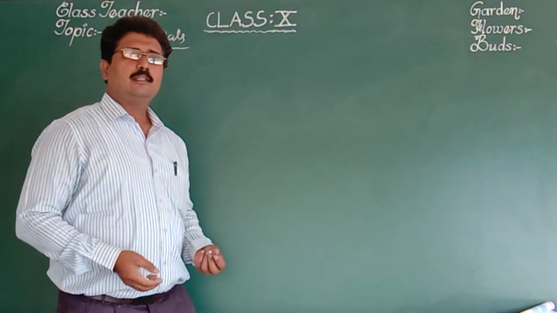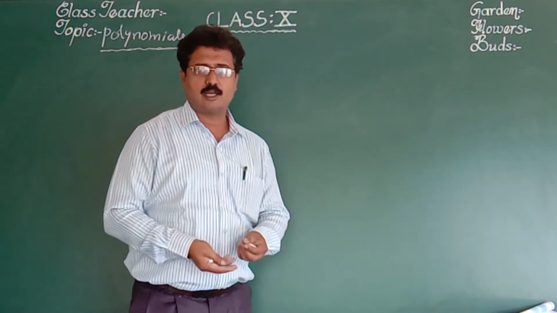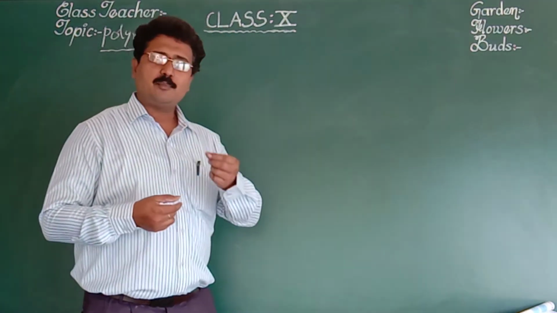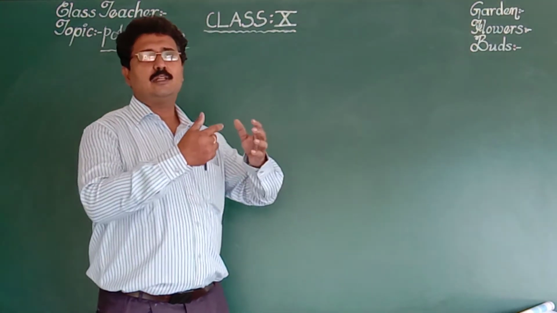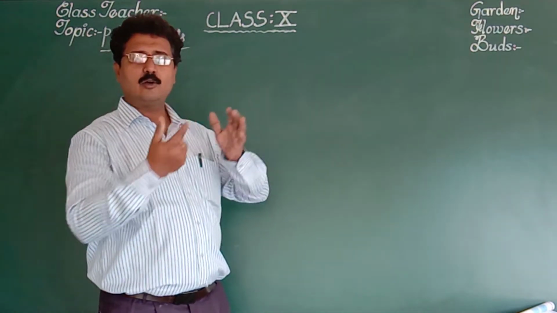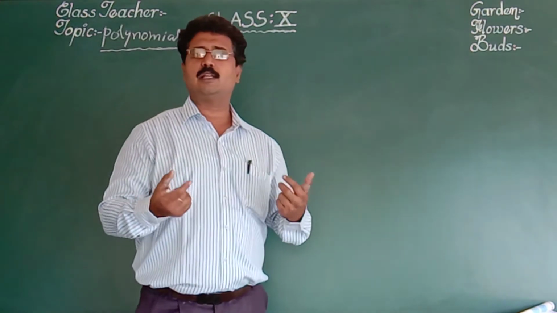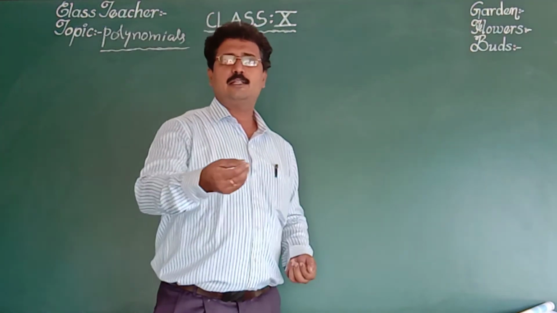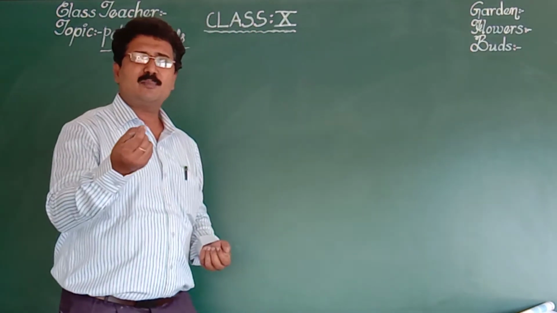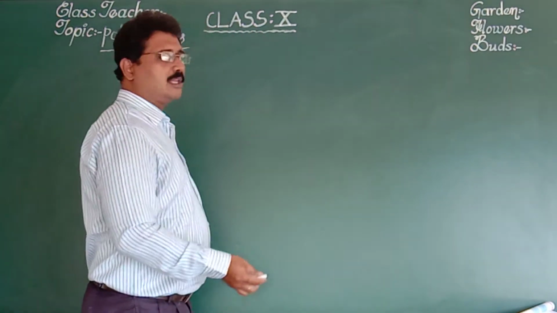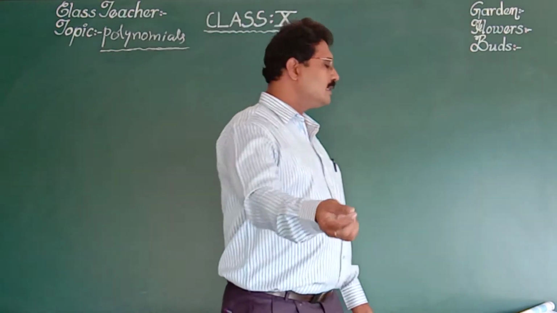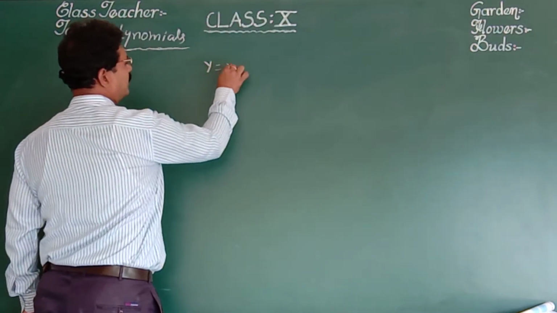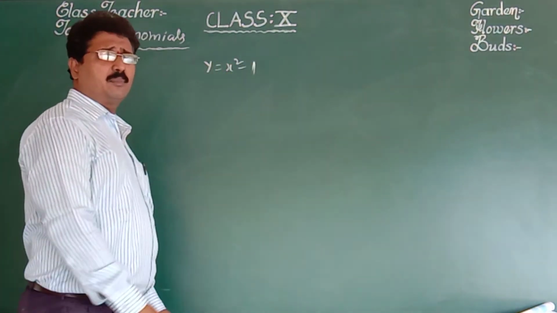Now, we already discussed quadratic graphs, that means parabolas, in the last class: parabolic graphs, one type opening upwards and one downwards, and the different types of graphs. I have given that as homework in the form of an assignment. Some students are making small mistakes, children, so once again I am drawing that quadratic graph. For example, the last problem: y is equal to x square minus 1.